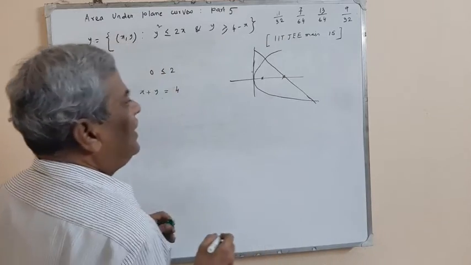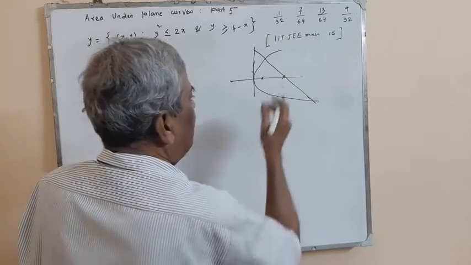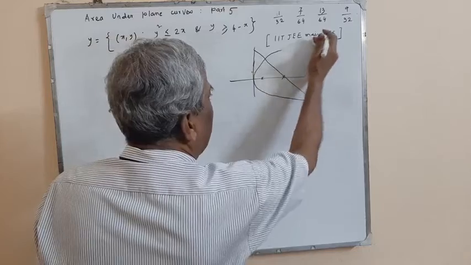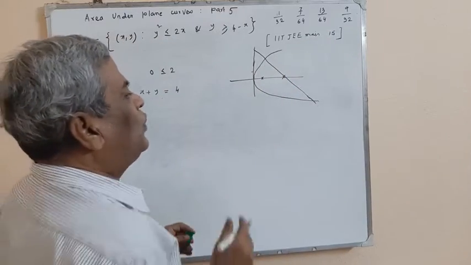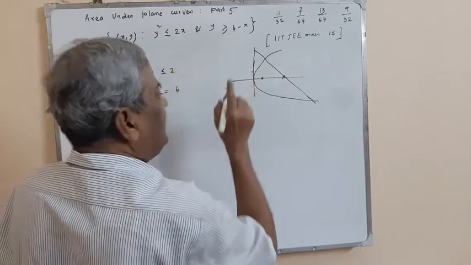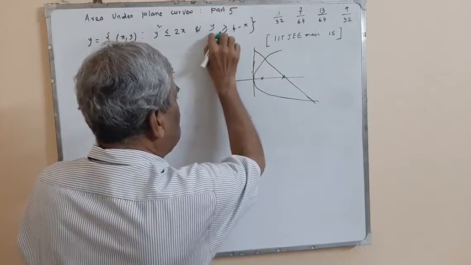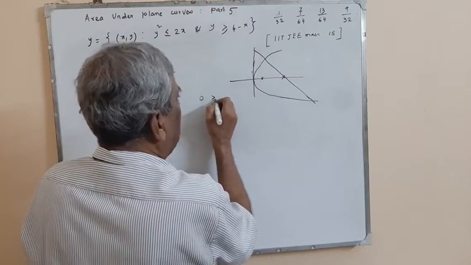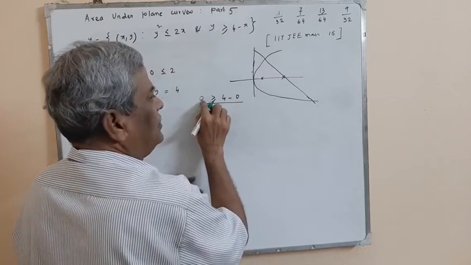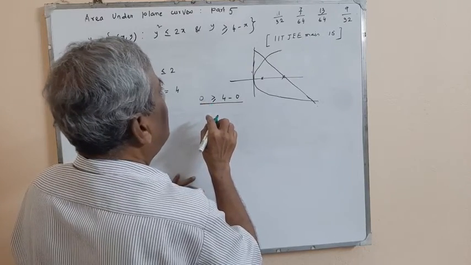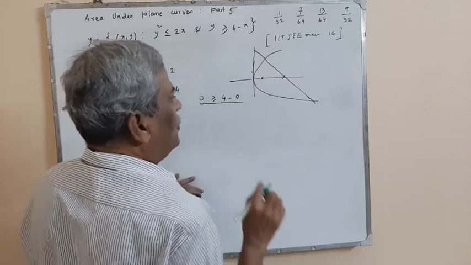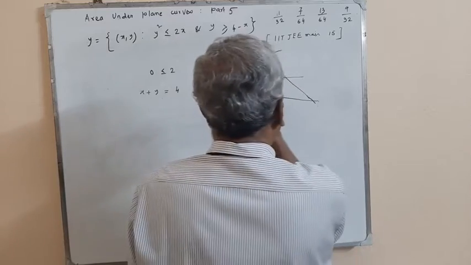So now we have to find out whether this region y greater than or equal to 4 minus x is above that line or below that. On that side, 0, 0 is a point. If we test for that, y is equal to 0 and 4 minus 0 is 4. Zero is greater than 4 is not a fact. So this is